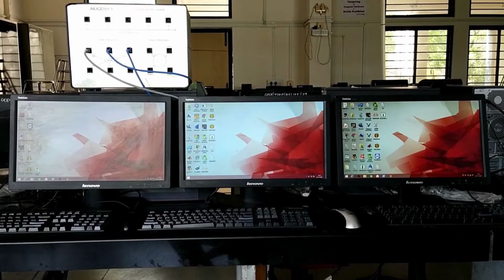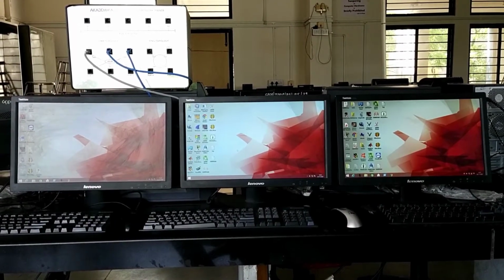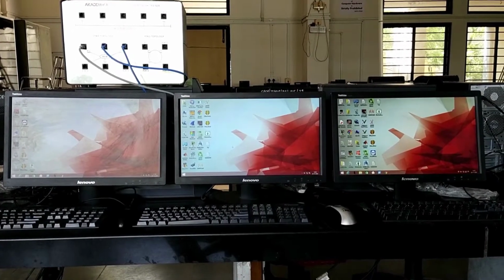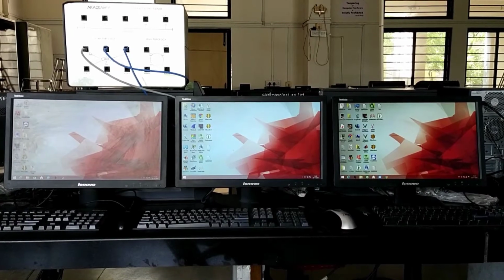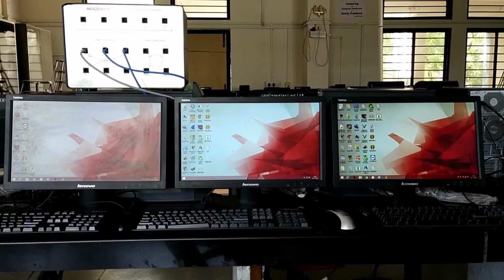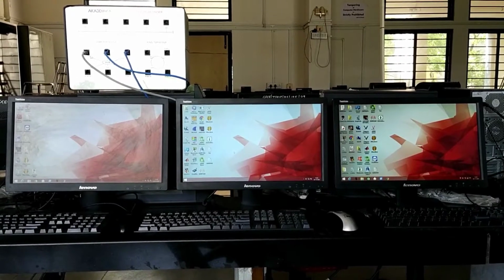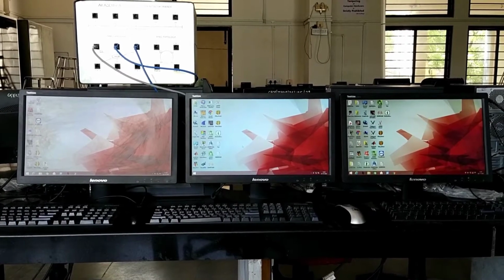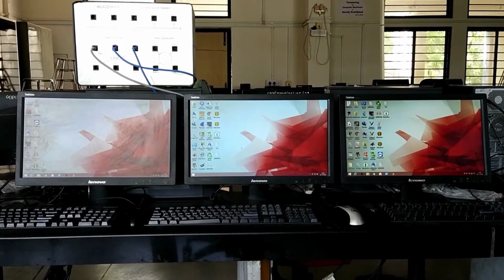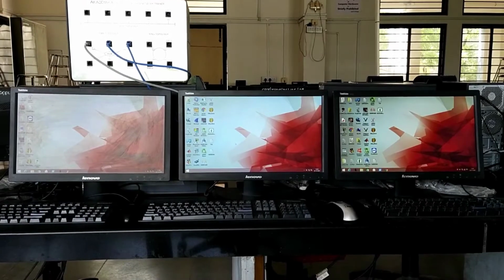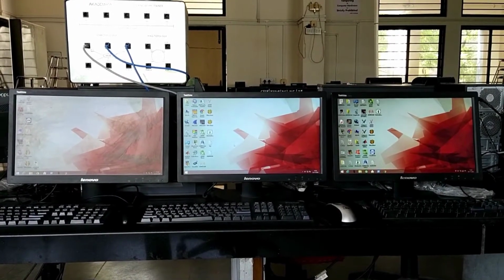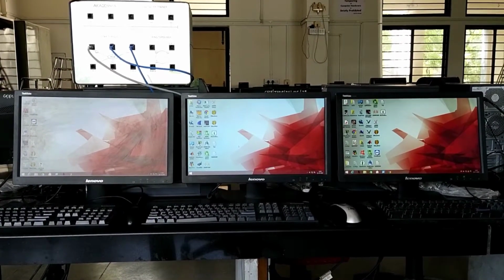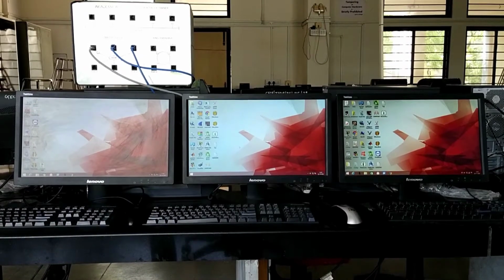So here you can see the LANtrainer is set up with 3 machines in star topology, and today we will see performance testing of Stop and Wait protocol. The LANtrainer is capable of testing and simulating many protocols using different topologies. As you can see, it is configured in star topology with 3 machines using LAN cables. The central one is a server, and on the left and right both are clients. The hardware is configured, and software will be configured on the server part.